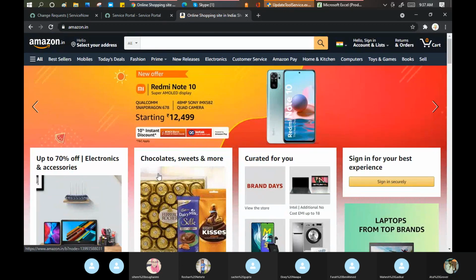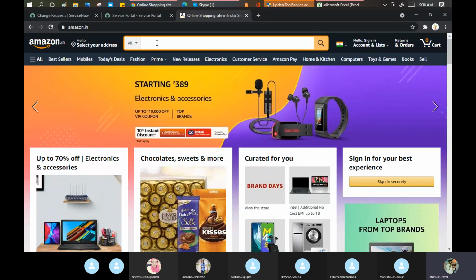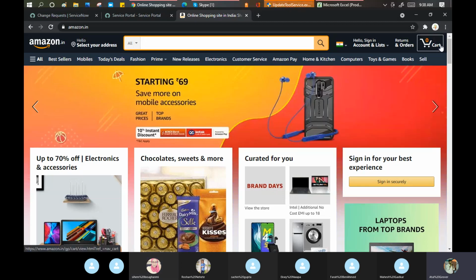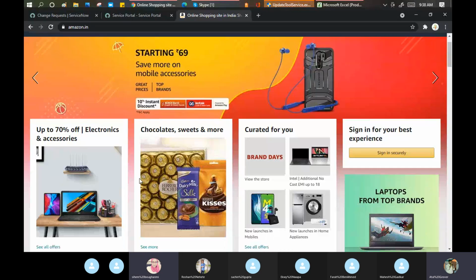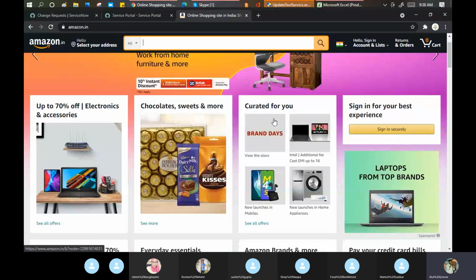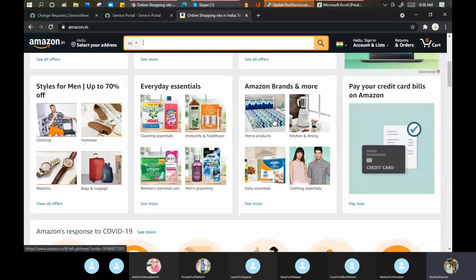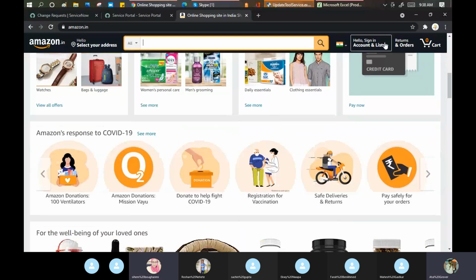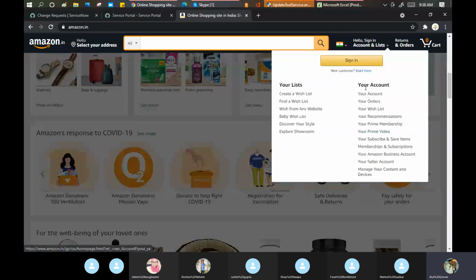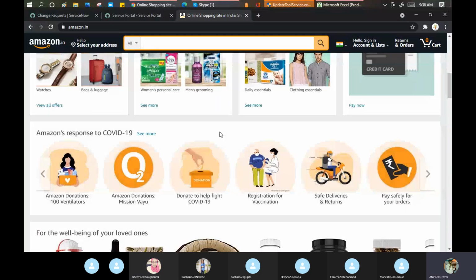Tell me. Some search option here, right? You have a cart. You have multiple option boxes here. Account, you have flashes here like this, right? You can see your account here. Your account, all the things are there, right?